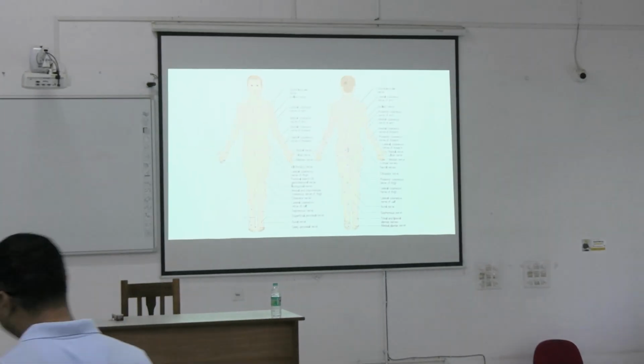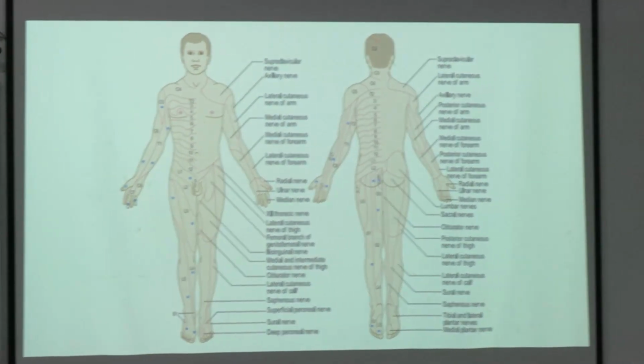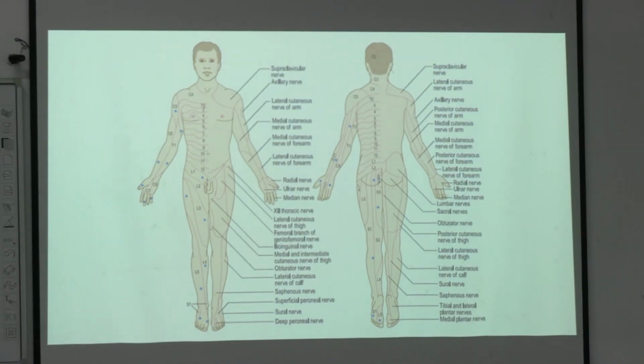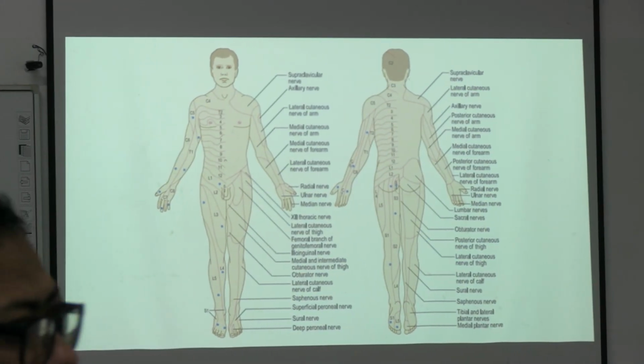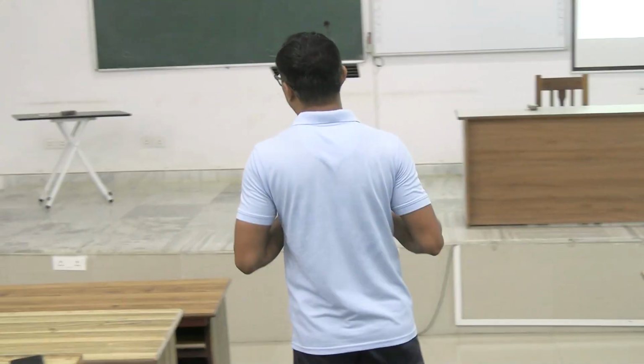Okay, these are dermatomal distribution. In anatomy also you will study this, which area of your skin is supplied by which sensory nerve. Okay, which area of your body is supplied by which sensory nerve. There are few dermatomes that are to be remembered, just like at the area of the umbilicus, the segment